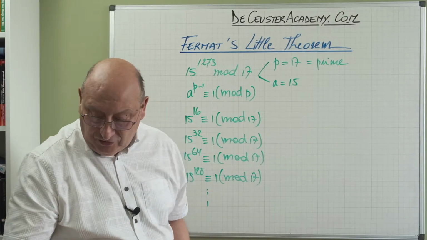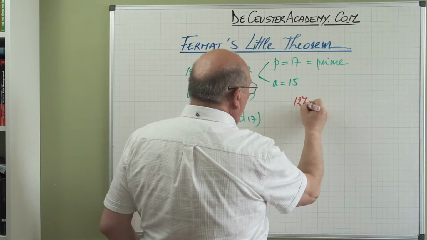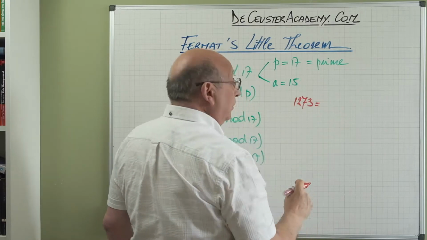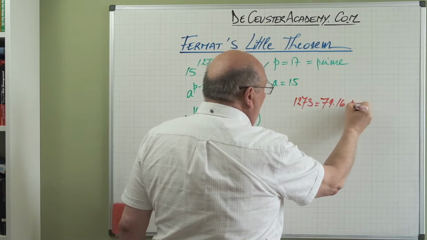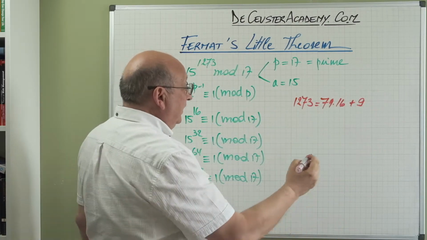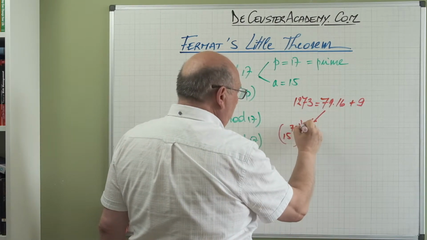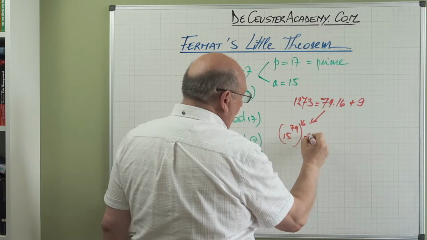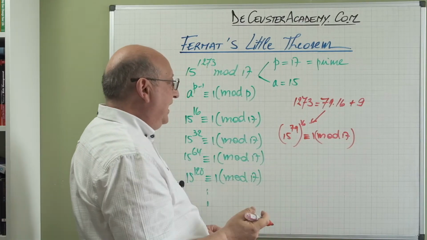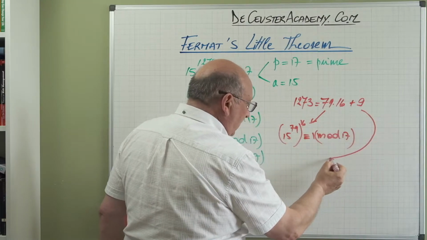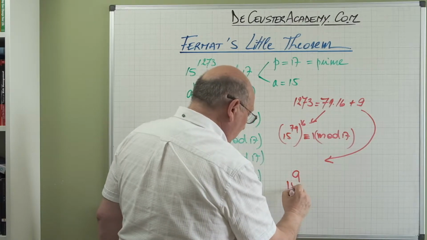Now we've seen before that it's easier to use a shortcut, and we can say that 1273 is equal to basically 79 times 16 plus 9. And here we know that 15 to the power 79 to the power 16 is congruent with 1 modulus 17. So basically we can take that out of the equation and we only consider the 9. So now we can calculate 15 to the power 9